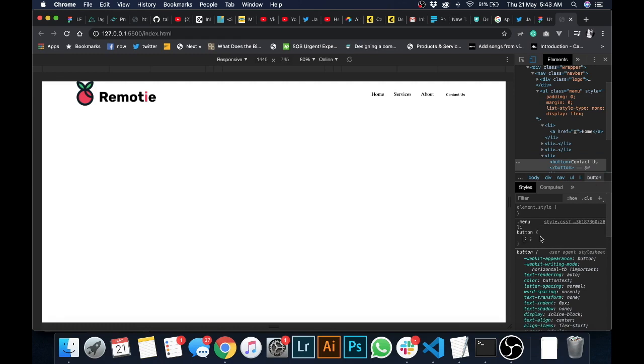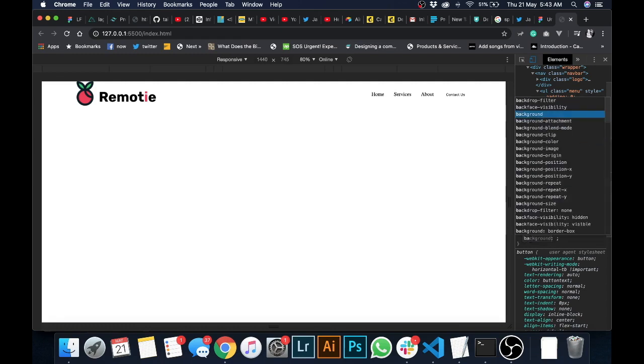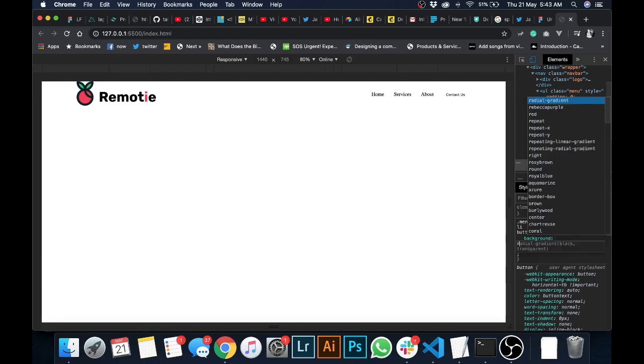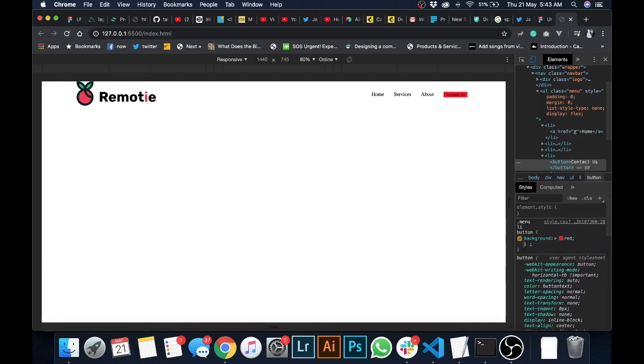So alright guys, the first thing we're going to do to this button, so we can see it a little bit more, is add a background color of like red. Alright, so we're seeing it a little bit more, right? We need to add more padding to this, and it has some other weird styles on it that I can't really see now, but let's add some padding. Let's do 10 pixels,